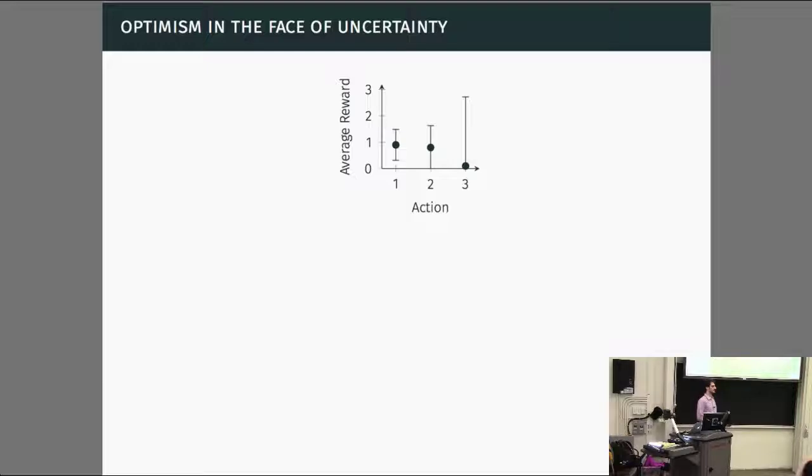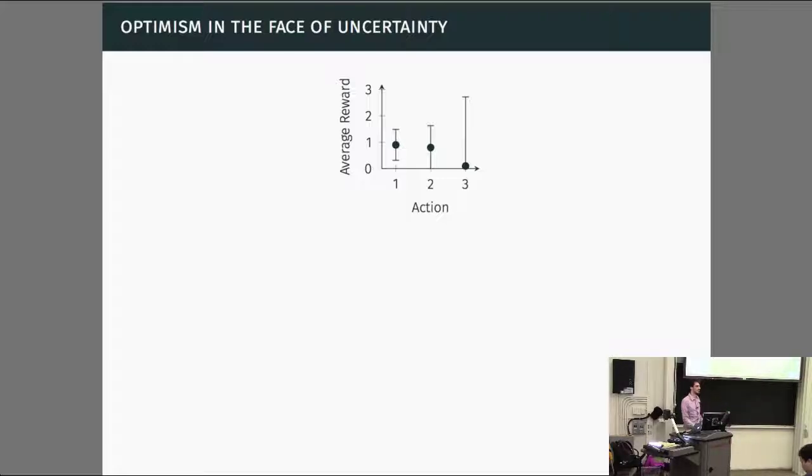So the idea behind this is, well, why don't we sample action 3? Because optimistically, it could have the best possible performance among all three actions. So let's say this is, for example, a 95% confidence interval. That would mean that, let's say we knew that the confidence interval captured the mean. That means that action 3, optimistically, could have a higher value than any of the other two actions. Does that make sense? So let's sample action 3.